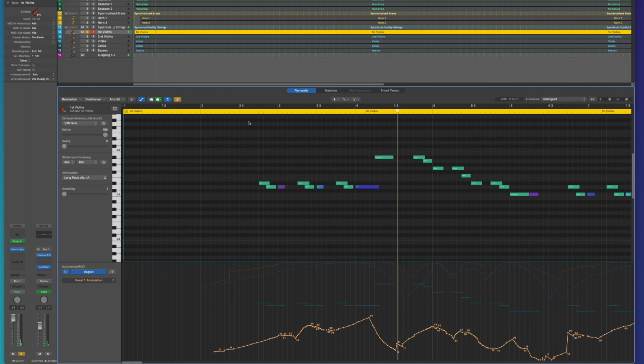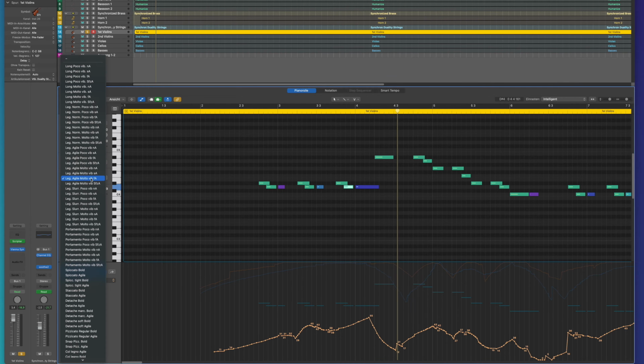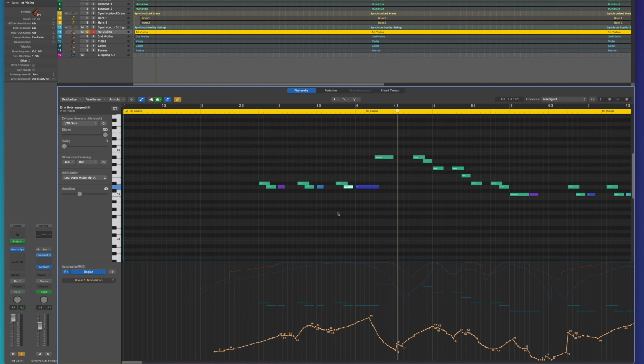Now, when I create my mockups, usually I tend to get distracted by small little details and then try to improve them until I think I can't improve them anymore. So for example, this little legato note here uses a molto vibrato legato instead of a poco vibrato legato, because then you get a slightly more pronounced legato bump, which I thought was appropriate for that particular note. But it also could just be me slowly going crazy, so yeah.